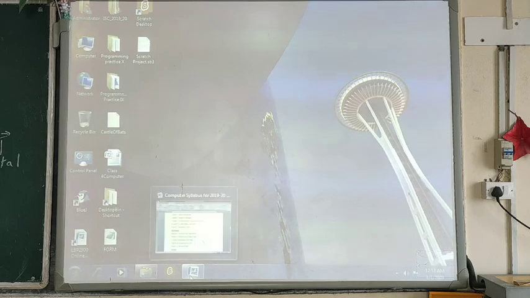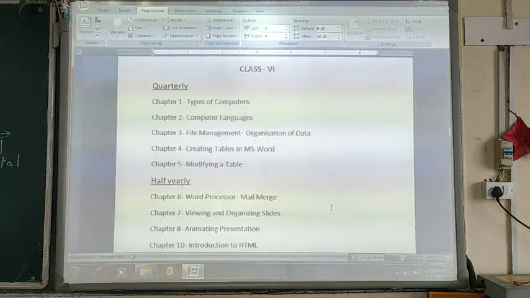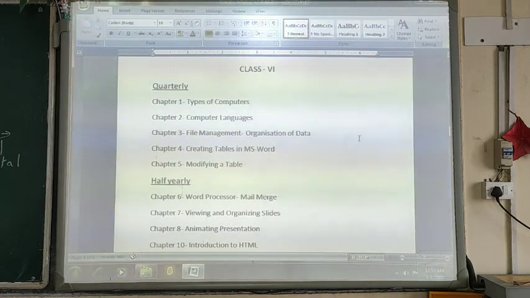So let's start. Suppose this is one document I have prepared. Now for using the page orientation feature, for selecting the orientation of the paper, just open the document, and after opening the particular document, first of all click on the page layout tab.